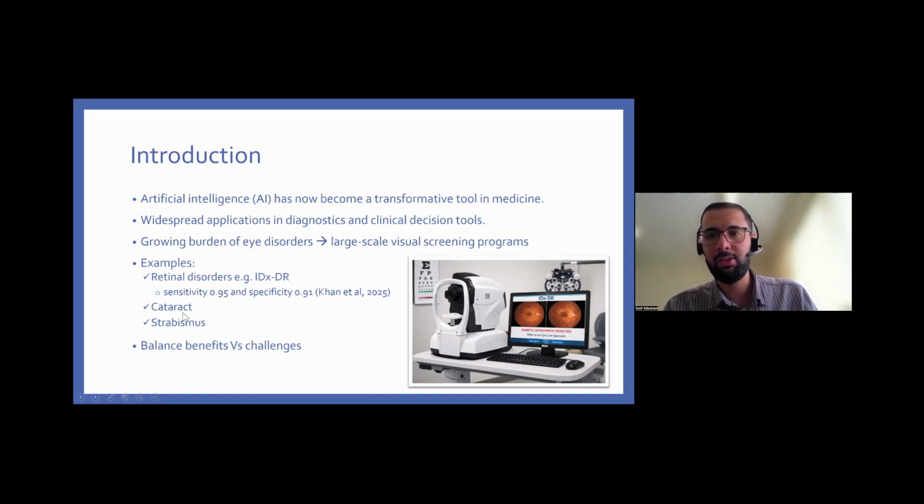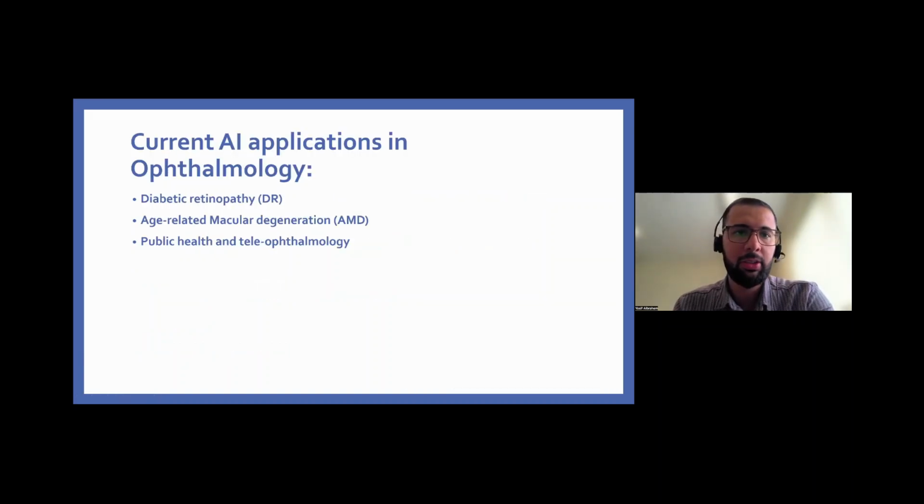Also, there are applications in detecting early cataract and early strabismus, especially in children, where detection at the early stage can prevent long-term complications like amblyopia. But when applying AI, we need to balance the benefits versus the risks, and that's what we're going to talk about in our presentation. So the current applications of AI in ophthalmology include diabetic retinopathy, age-related macular degeneration, and also public health,